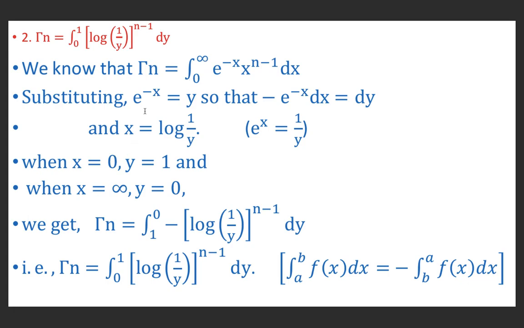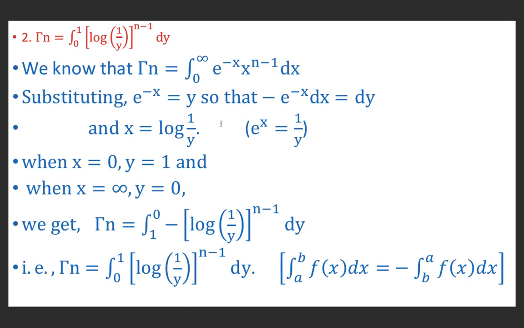If we substitute x equal to 0, it will be e raised to power 0, which means y is 1. If we substitute x equal to infinity, e raised to power minus infinity means 1 upon infinity, which is 0. So y is 0. So earlier the limits were from 0 to infinity, now the limits are from 1 to 0. Therefore gamma n is equal to integral from 1 to 0 of minus,